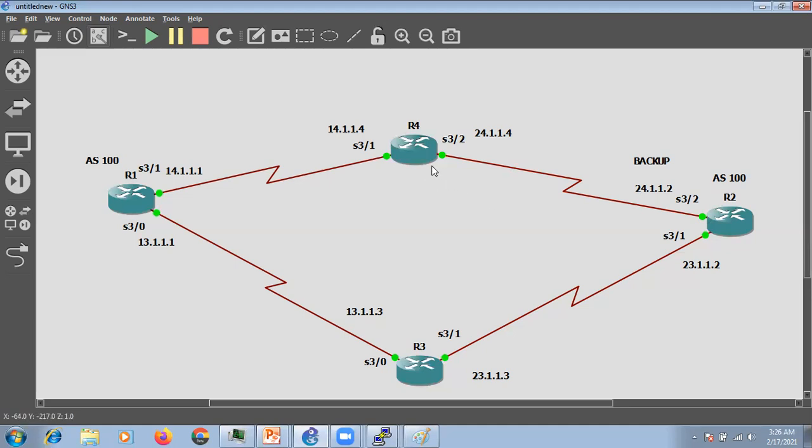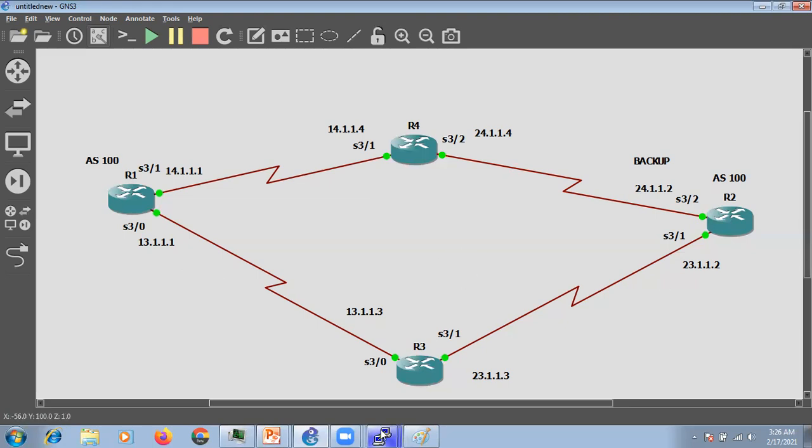In this case, between R4 and R2, we are using EIGRP. So R2 will check if it is receiving this route via EIGRP or not. If R2 is not receiving the same route via EIGRP, it is not going to install it into the BGP table, to avoid this black hole situation.